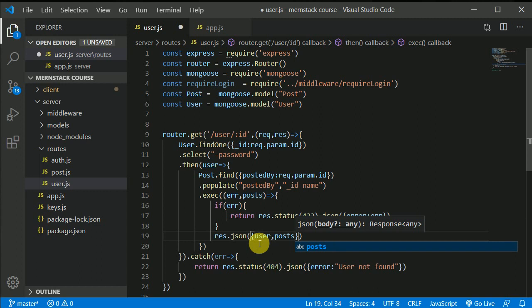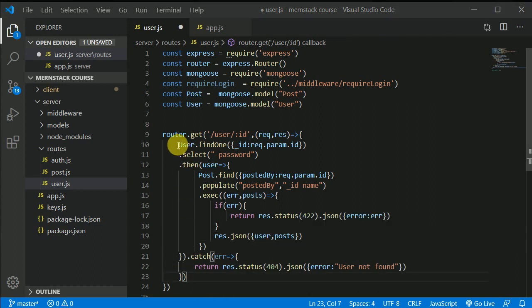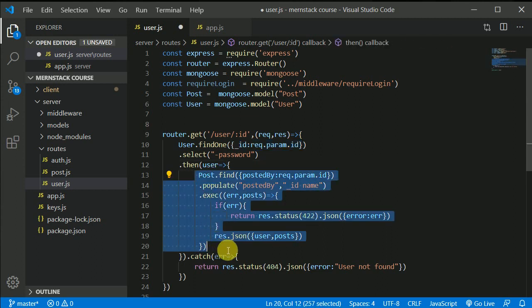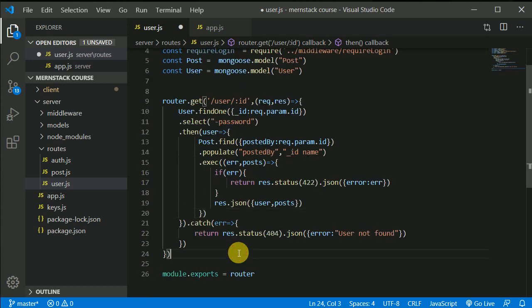posts, like so. So first we are making a query to find the user, right? To find the details of the user, that is name, email, ID, and what we have. Yeah, I think this is all we have. And then we are making another query to find the posts created by the user, right? So this is a simple logic, right? So I think this is it for this